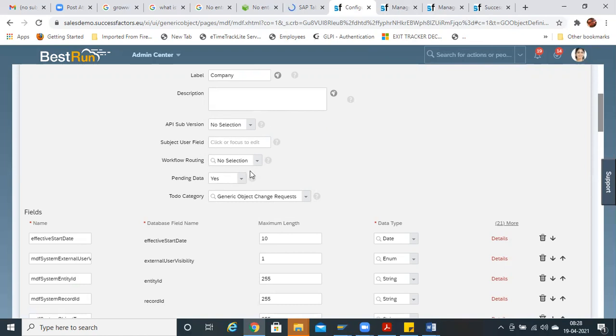Right now in this demo system, there is no workflow assigned to this legal entity. So we can directly create it, not only legal entity, any object, it is not assigned. To make things easy, we will mostly not be assigning this workflow, but this decision will be taken by the management only.